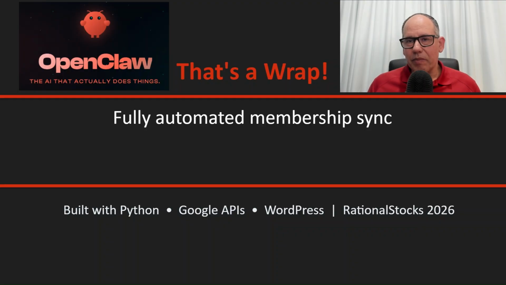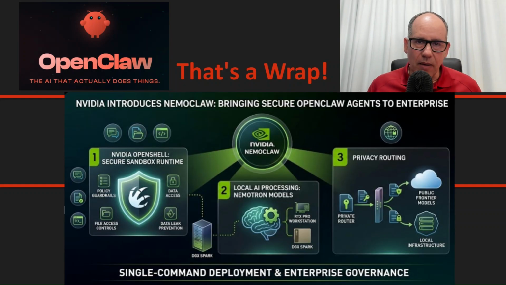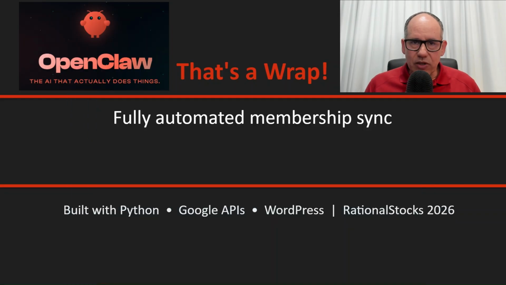If you're interested in using OpenClaw for an enterprise, for businesses, look into NVIDIA's NemoClaw. It's their version of OpenClaw that's made for businesses. It puts more boundaries and limits on OpenClaw so you can safely use it in an enterprise. They really showcased it at their big user conference that happened a few weeks ago. And NVIDIA is completely behind OpenClaw, and so is OpenAI. So OpenClaw has received a lot of support from two big players in the industry. And I think it's something that's going to stick around and provide a lot of value to individuals, small businesses, and soon larger businesses that want to use this